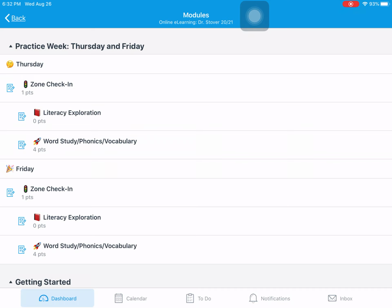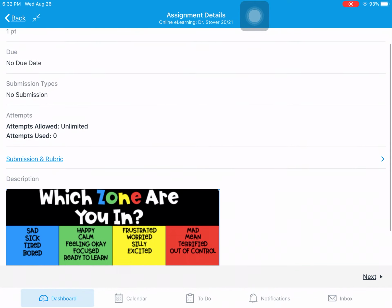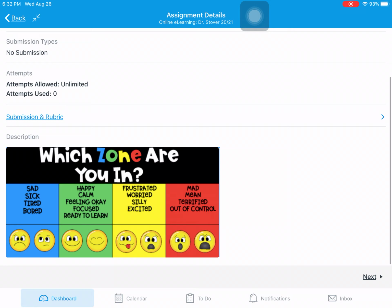Now, if you look over here, we have the thinking emoji, which is standing for Thinking Thursday. And our first assignment is a zone check-in. If you remember your zones from kindergarten, our red zone, our yellow zone, our green, and our blue, we're going to go here and we're going to click that. And then it's going to take us to another clickable picture. In Dr. Stover's Canvas course, when you see a picture, if you click it, it will take you somewhere. So I'm going to click,